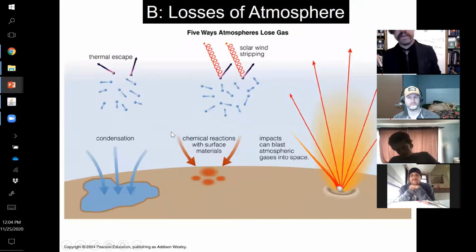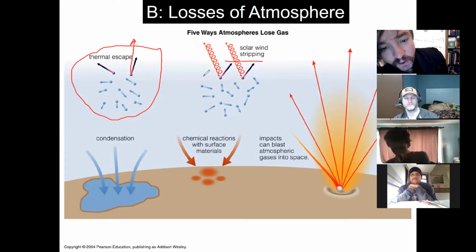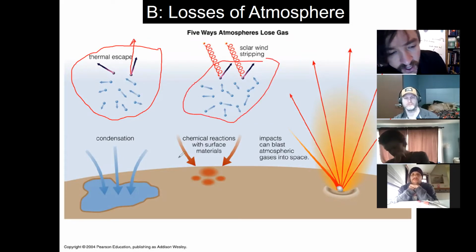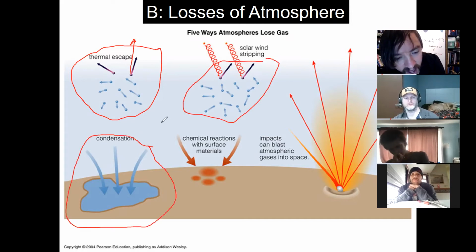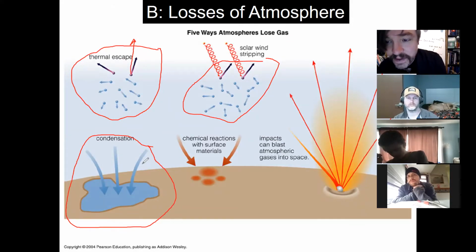Atmospheres can be lost in a variety of ways. Right now, we are analyzing a process called thermal escape. That's where the gas particles happen to be traveling too fast, and a few of them over time can boil away. The solar wind can exacerbate this. You can also have condensation, which is when you go from gas to liquid, or in the outer solar system, you can have deposition. That's where you go from gas to solid. Deposition is the opposite of sublimation.